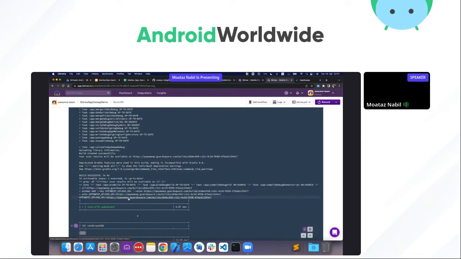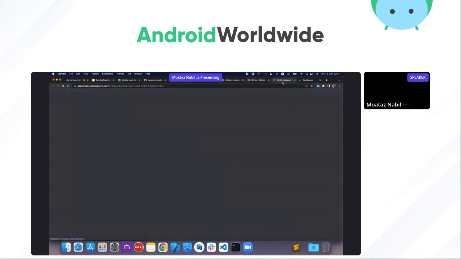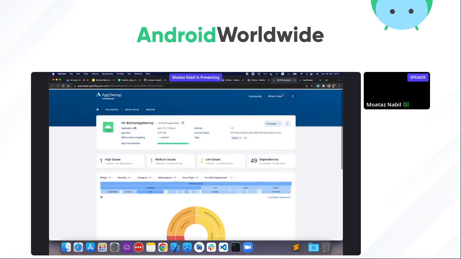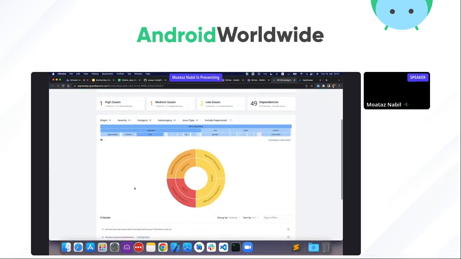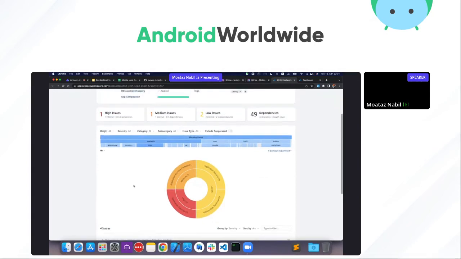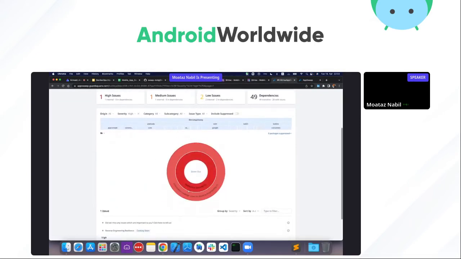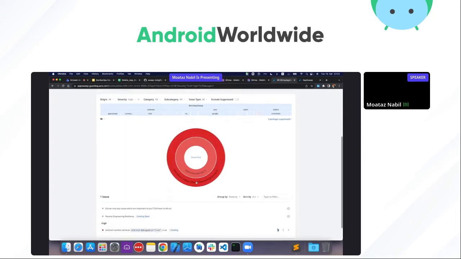Once you have the URL, I will click on it, and it will redirect me to the build number on AppSweep. This is the application ID, this is the date, this is the application size, and here you will find the issues found inside your application. For example, I have one high issue, one medium, two low, and 48 dependencies inside my application. With the high one, you can find it relates to application security and information leakage used for reverse